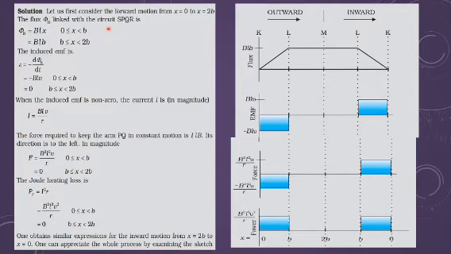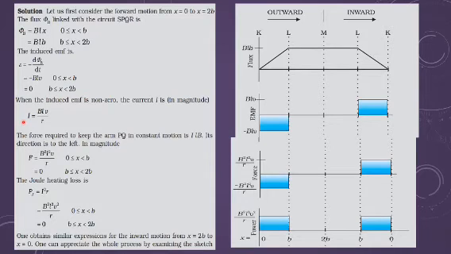If they are perpendicular, that is the maximum flux you are getting. So you will be getting flux values given by BLx for x lying between 0 and b, and it equals BLb when x is greater than b but less than 2b. This is when we are considering it for our convenience. So the induced EMF, that is the negative of d phi B by dt, is given by negative of BLv when there is change in the magnetic field, and it will be equal to 0 when there is no change in the field.